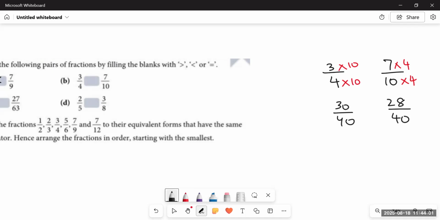Now we can say that yes, 30 by 40 is greater than 28 by 40 because 28 is less than 30. So 30 by 40 would be greater. And so 3 by 4 would be greater than 7 by 10. Although it seems like 7 by 10 would be greater, but on grounds, you can see that yes, 30 by 40, that is 3 by 4 is greater than 7 by 10. Because if we make their denominators the same, then the numerators would be 30 and 28 respectively.